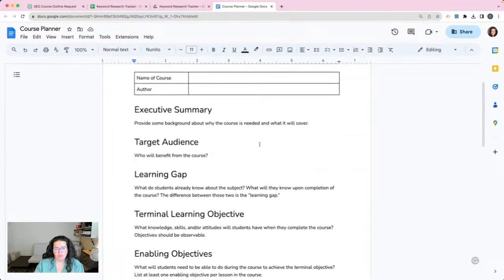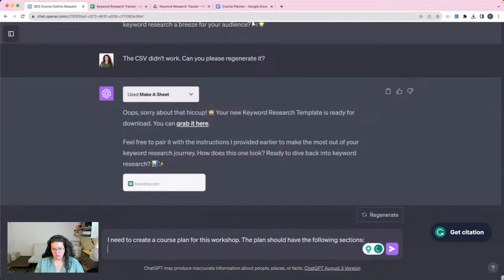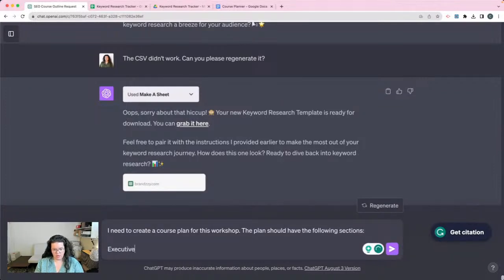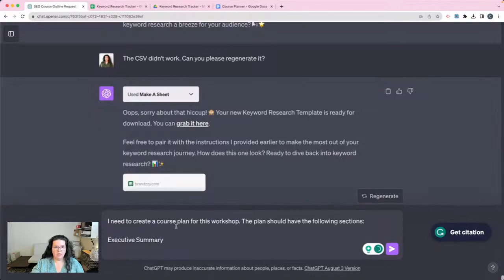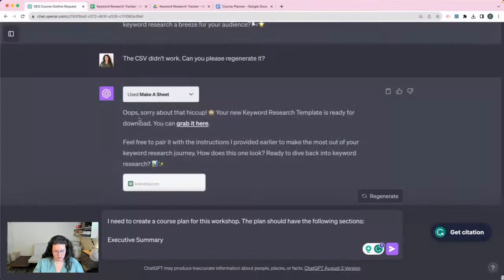So you could say something like, I need to create a course plan for this workshop. The plan should have the following sections: executive summary, target audience,